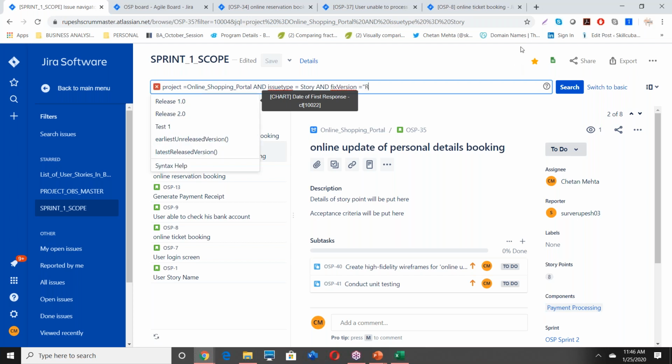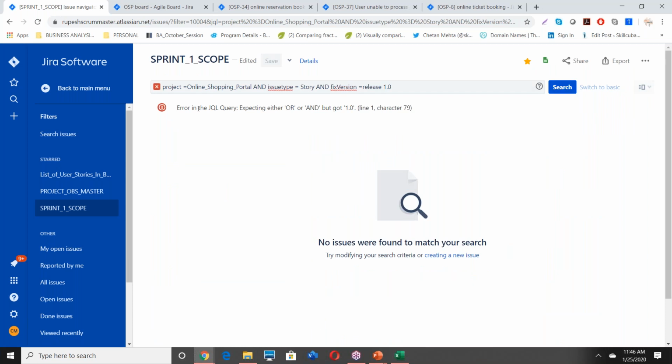Release. You have to use double quotes here, because you created that label. Whenever you create a label of your own, you need to give double quotes. If you don't, it won't understand what you're talking about. See, it's not reading it, and you will see an indicator that this query is incorrect. If I try to run it, it will give me an error.